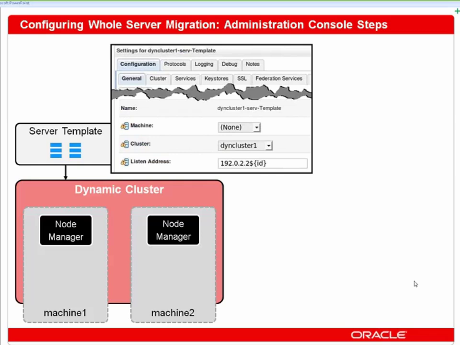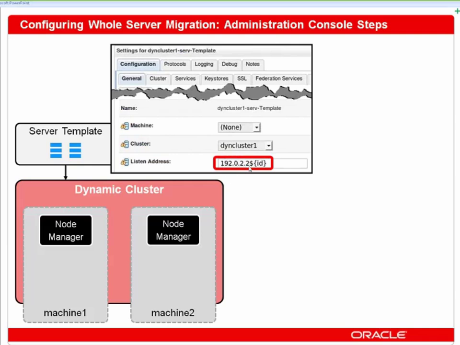So here we don't specify the machine, because in the cluster we've got machine selection being done via the name match expression, and we specify the cluster, which is Dyn cluster 1. And then here's the key part, the listen address. Because it's a template, it's something that has to work for every instance that's going to be based on the template. And so here what we've done is we've got most of it hard-coded,